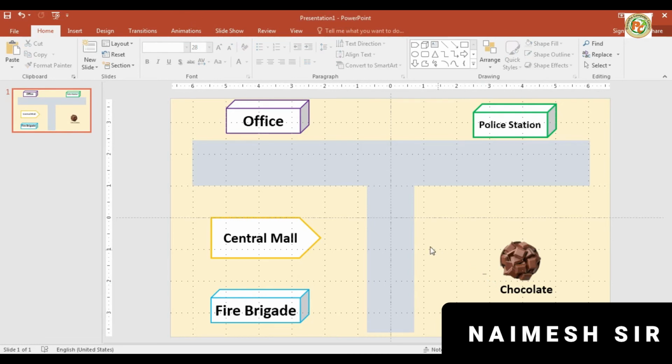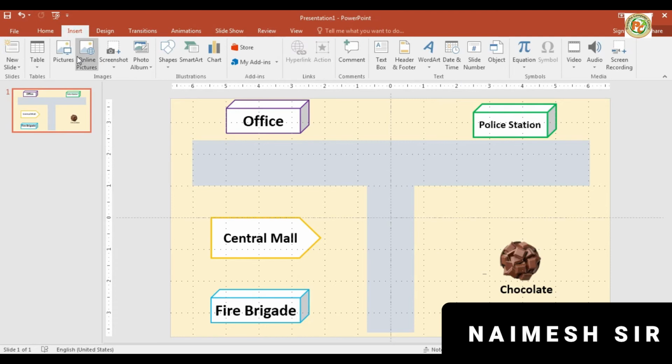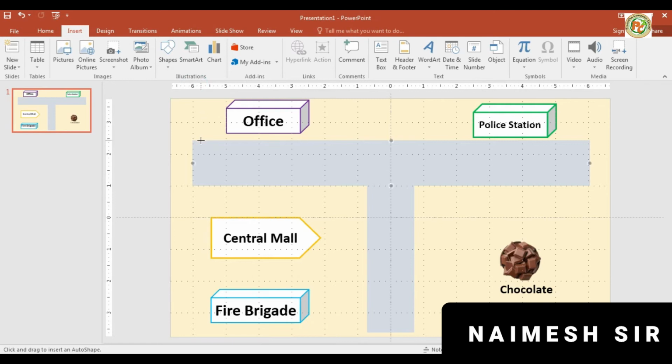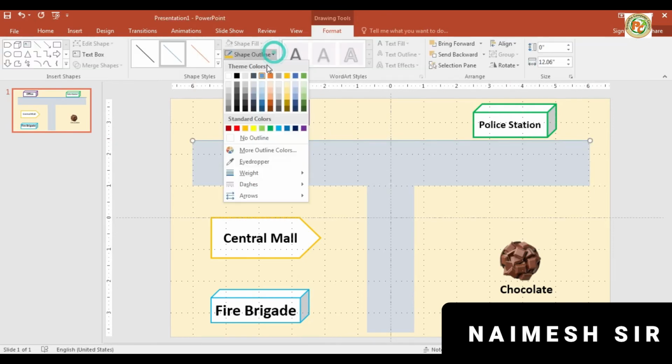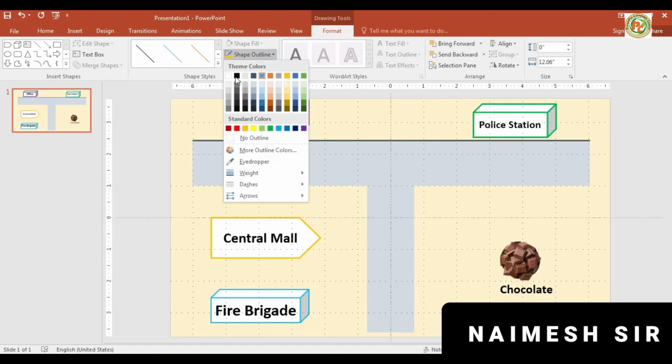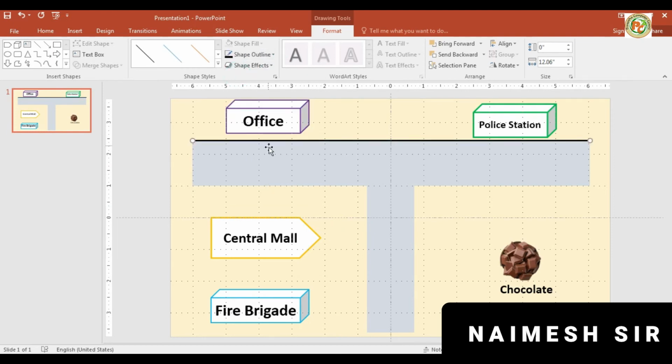Now we have to draw the lines on the road map, so select the line and draw the line from here to the end of this using the shift key. After that increase some weight and change the color to black.